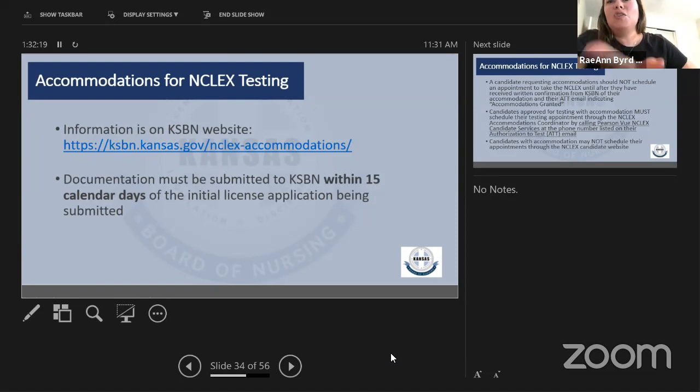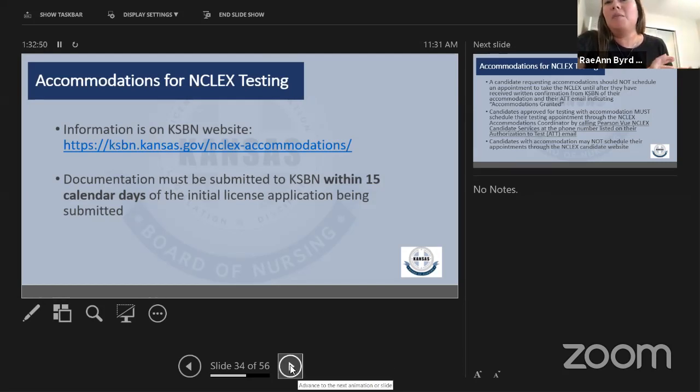Okay. So this is where the documents must be submitted within the 15 calendar days of the application. If we get the application and we know nothing about these accommodations and we go in and make the student eligible, we can change it. But if that student goes in and tests and we haven't done anything with accommodations, obviously those aren't going to be granted. Right. So if that student's wanting or needing any sort of accommodation, we need to have that information sooner rather than later.